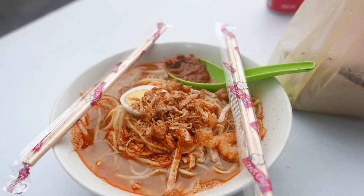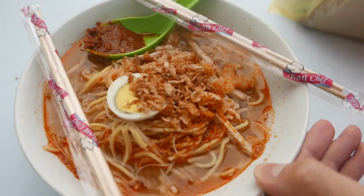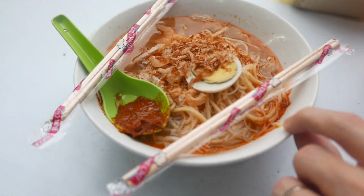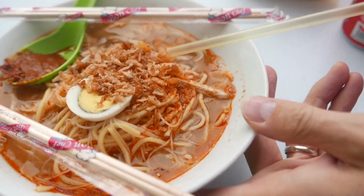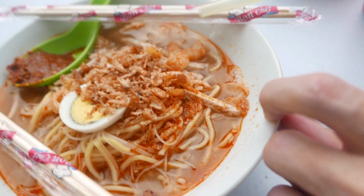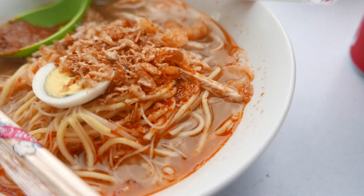Yes, ladies and gentlemen, that is George Michael in the background. Next up, it's either hokkien meat or hokkien meat. We're not really sure, but we do know it looks delicious. It's prawn flavored. Yep. You've got your noodles here. You've got some dried shallots and egg, some little shrimps. You can really smell, I think that's a shrimp paste. Is that chicken? I'm not sure. It kind of looks like chicken in there too, but...